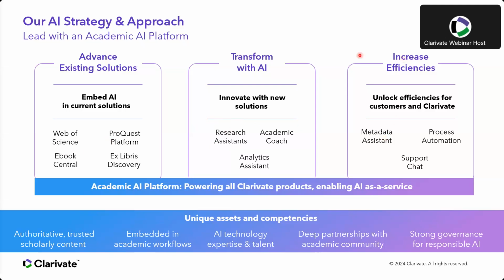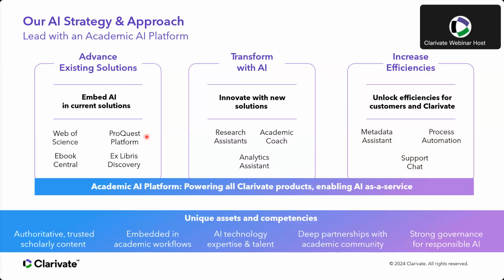And then the third type of development within our academic platform is increasing efficiencies. That applies both to increasing customer efficiencies and productivity, as well as our own backend processes. For example, using AI to enrich metadata at scale. Okay. So to do that across our different solutions,